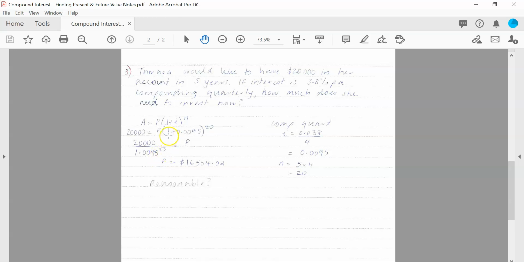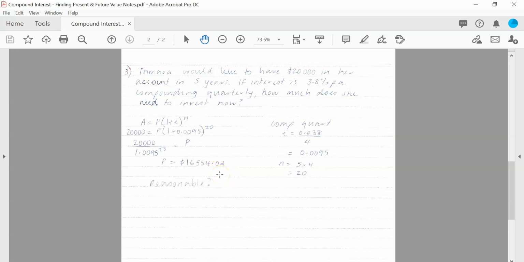Once again, you'll notice here that I have not worked out the value of this first. The reason for that is it's going to once again be a long decimal that I don't want to have to write out all the decimal places for. So I've simply taken it to the other side first and then put it all into my calculator in one step. Gives me a principal of